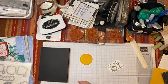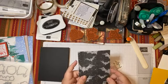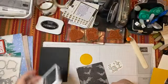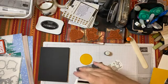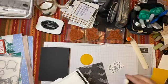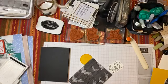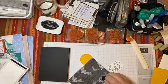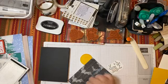So we're going to be using this paper, and specifically we're going to be using the back paper. So I took a piece of the back paper at 4 by 5 1/4, and I ran it through with the Woodland embossing folder. Then I'm going to take my little used Whisper White craft pad. And, oops, it's a little sticky as you can tell, huh? So I'm gonna take my sponge dauber and I'm gonna sponge daub the branches of, and it doesn't have to be perfect, but, and it's pretty simple because